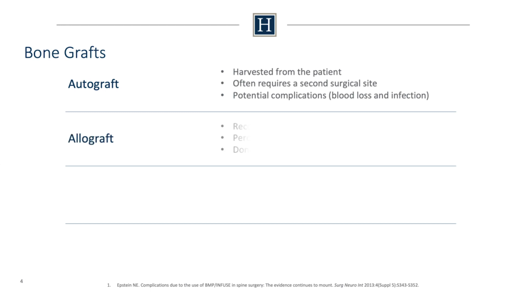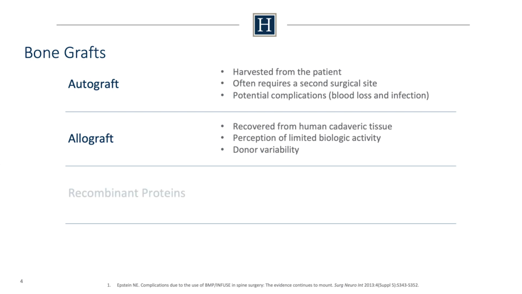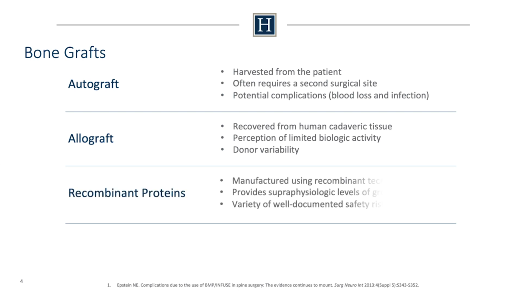Allograft is recovered from human cadaveric tissue. With allograft, there is a perception of limited biological activity depending upon the type of tissue, and there can be donor variability among grafts. Recombinant proteins are manufactured using a cell-based technology that provides a supraphysiologic level of growth factors